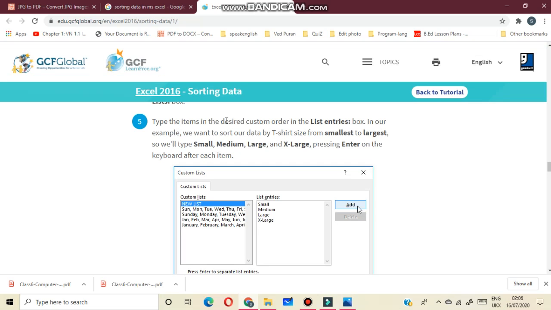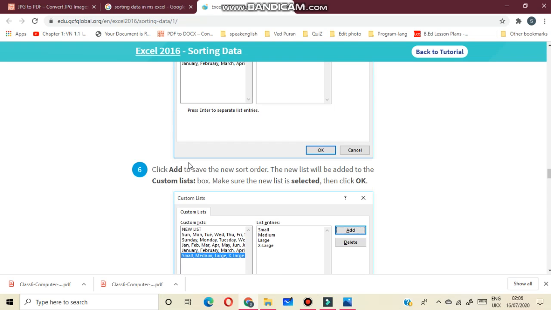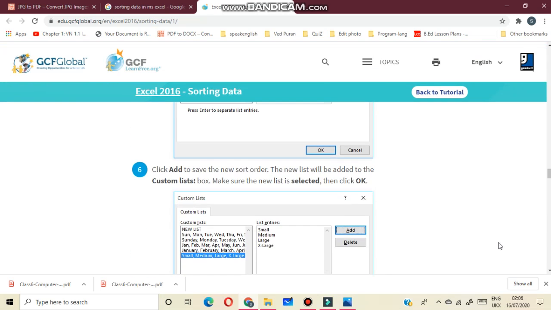So we will type small, medium, large and X large, pressing enter on the keyboard after each item. Click add to save the new sort order. The new list will be added to the custom lists.